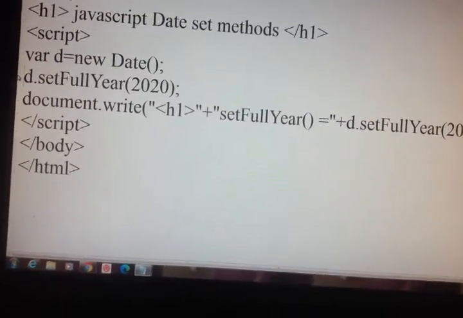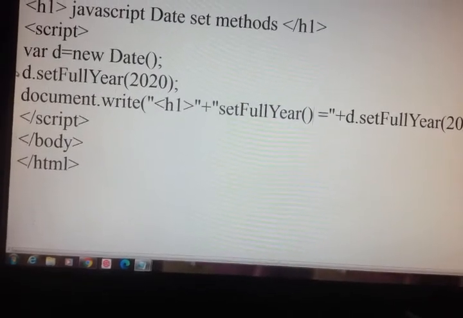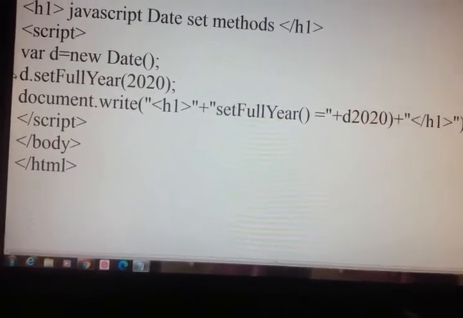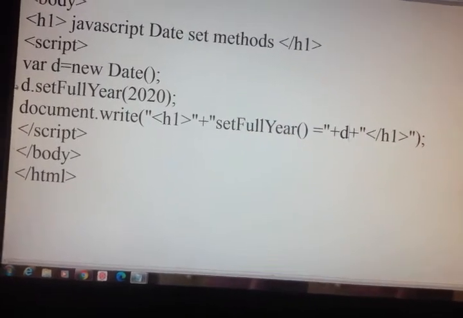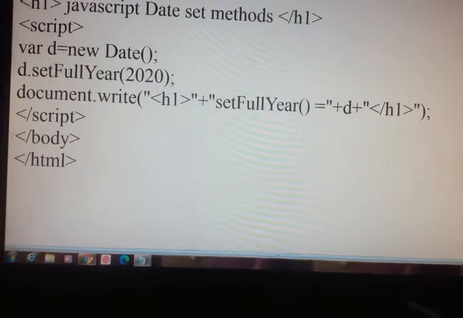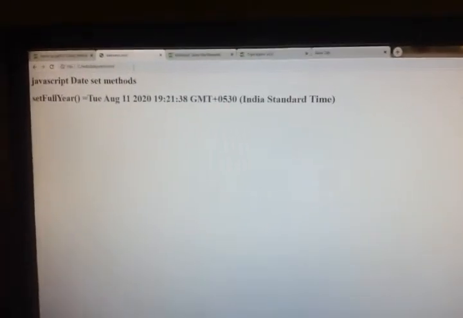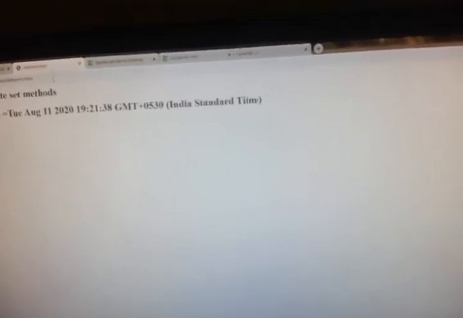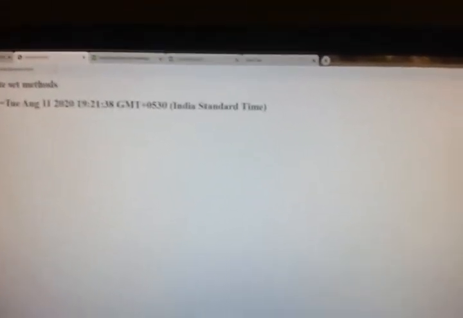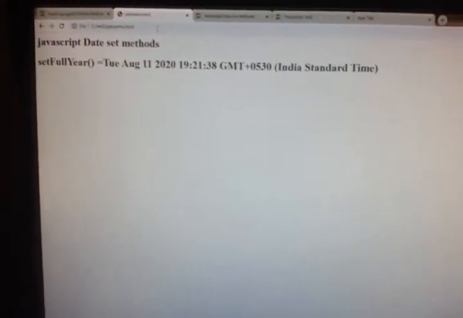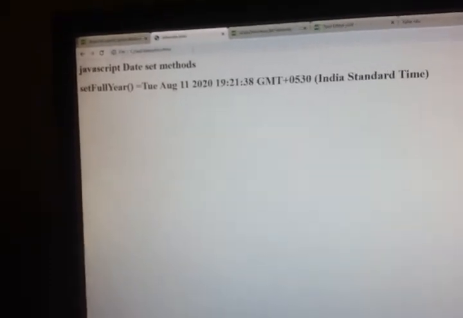Here if you do like this, Control S. So set full year I got now correct: Tuesday, August 11, 2020, 19:21:38, GMT plus 5:30 India Standard Time. So if I set full year, I have given 2020, so I got this.